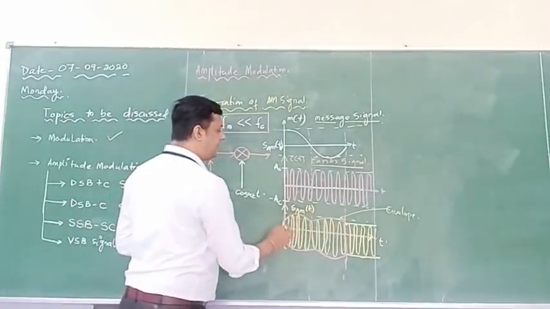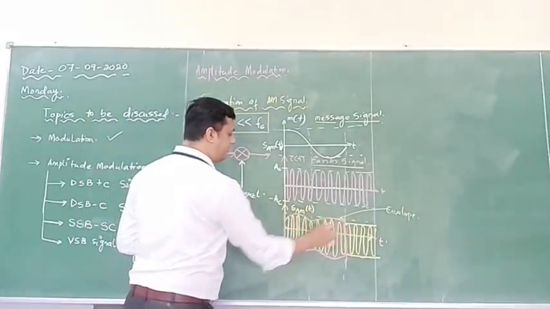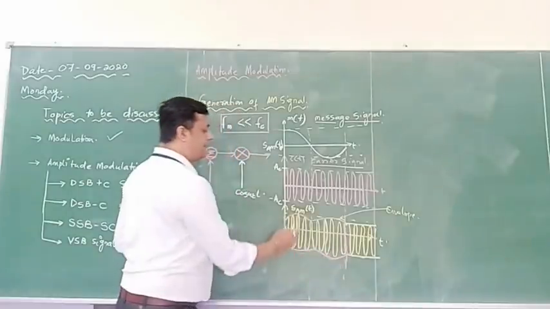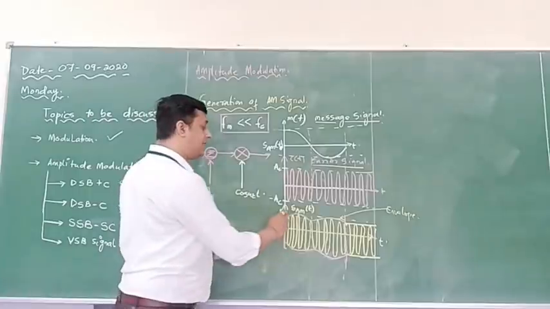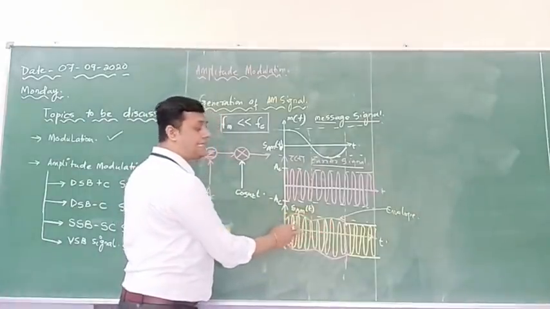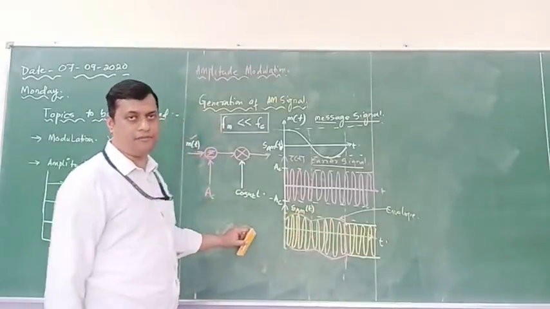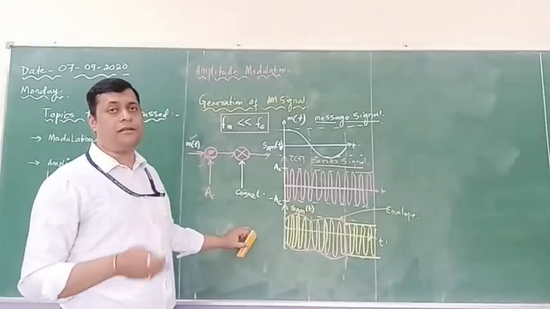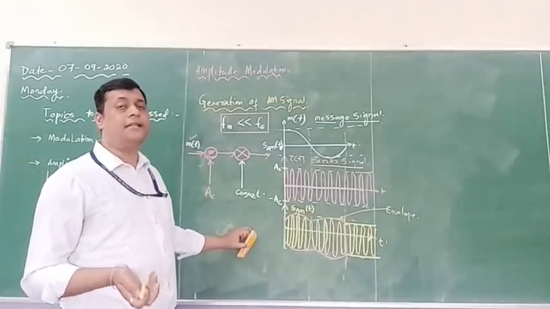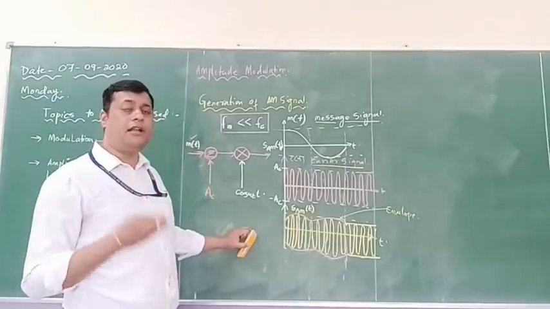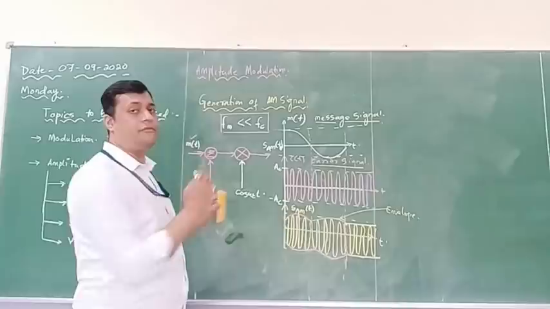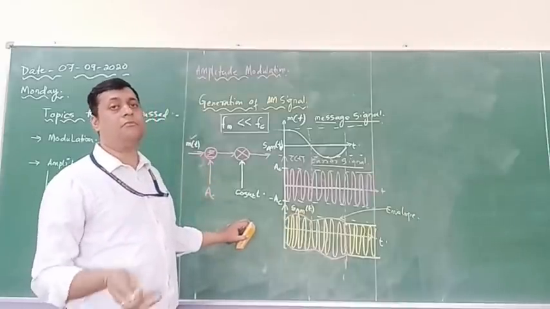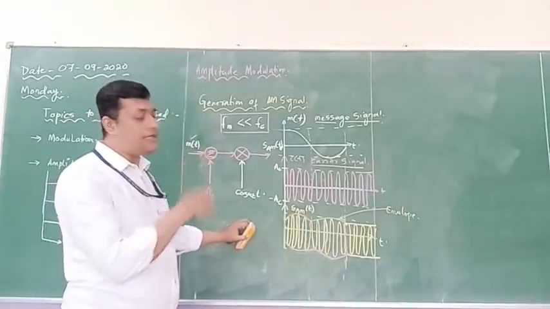This pink line, if you can see, is called the envelope, and the yellow lines are called the carrier. Now your information lies in this envelope, but this carrier does not convey any information. So for AM, the demerit of AM is that the maximum power utilized to transmit the modulated signal is only with respect to the carrier, not to the modulating signal. So we will see all those calculations.